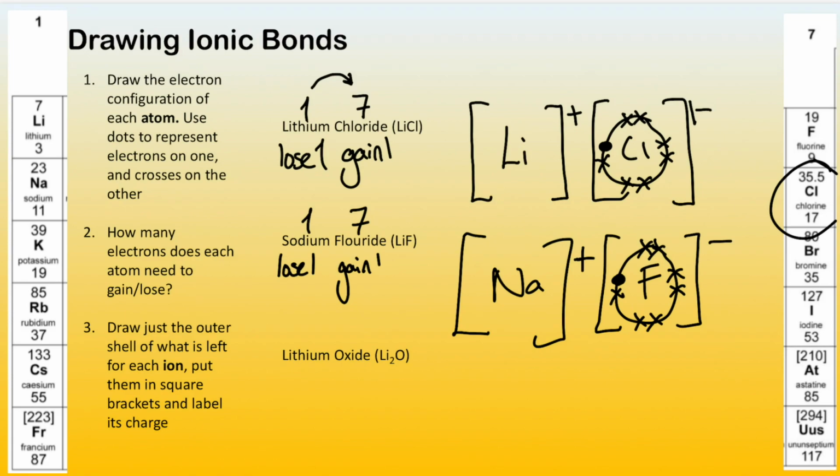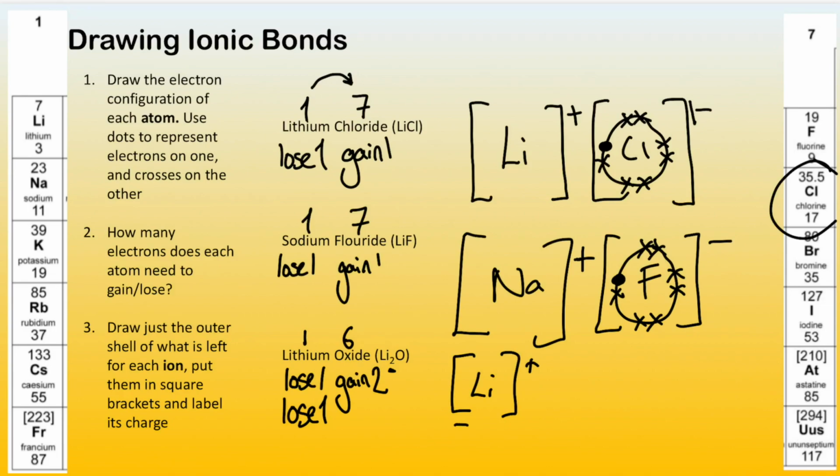Now for lithium oxide, it's slightly different. So lithium is in group 1, fine. Oxygen's in group 6. That means that oxygen needs to gain 2 electrons, whereas lithium only needs to lose 1. So we actually need in this case 2 lithium atoms, hence why the equation here has Li2O. We need 2 lithium atoms to give their outer shell electron to oxygen, so that oxygen then has a full outer shell. So we can do 2 square brackets here of lithium to show that, Li plus and